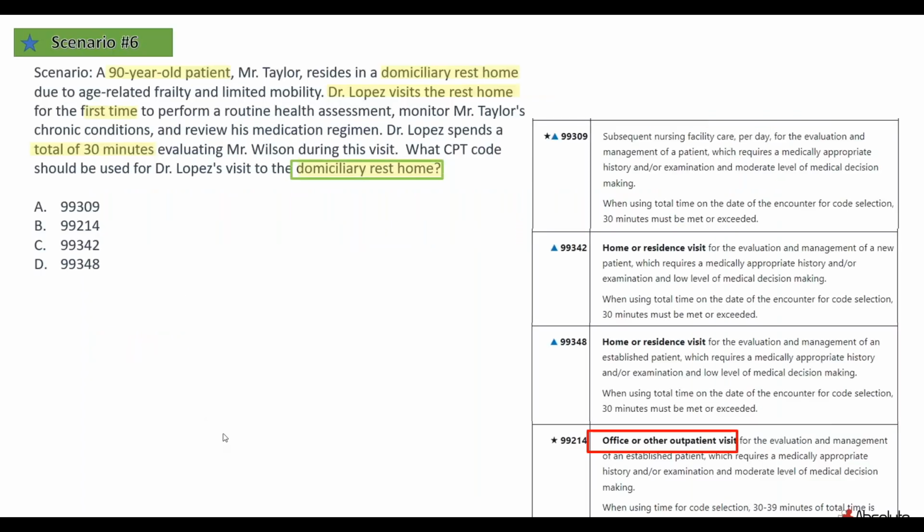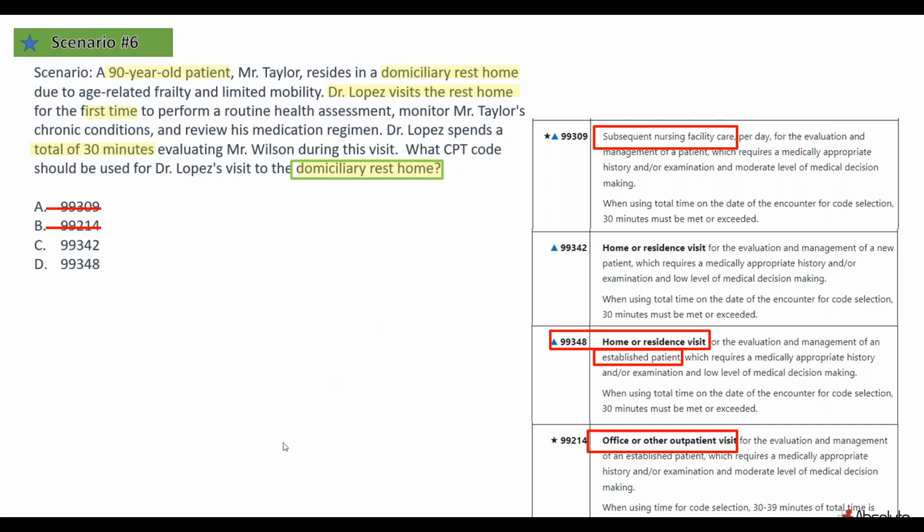So again, what are we coding here for? We are coding for domiciliary rest home services which is provided by Dr. Lopez. Looking into option A, that is for 99309, subsequent nursing facility care. No, we are not coding for nursing facility care services. 99214, that is coding for an office or outpatient visit. Again, it is not what we are looking for here. We are looking for the services provided for the domiciliary rest home visit. And 99342, before that, let's look at option D, 99348, that's for home or residence visit,